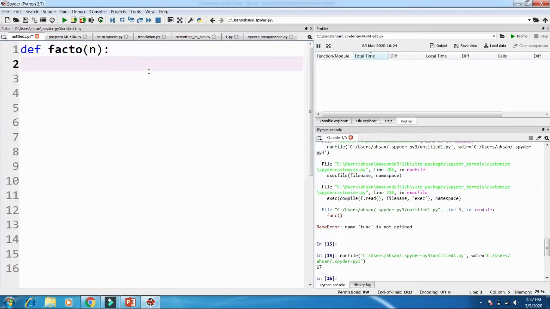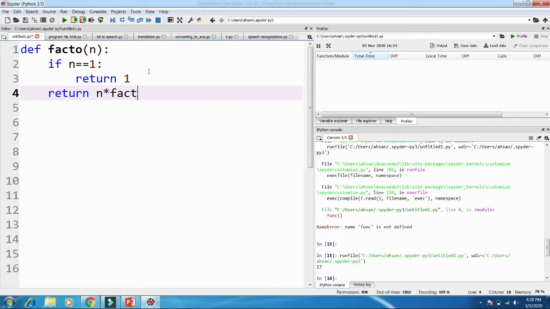So here, if n is equal to 1, then return 1. So now return n multiplied by factorial of n minus 1